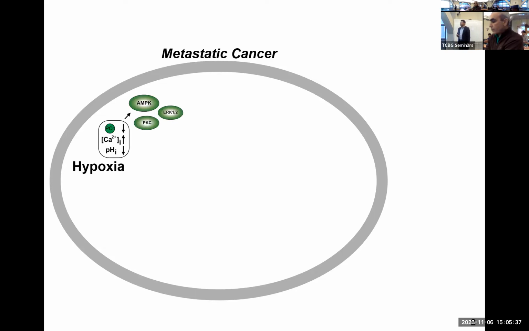And under these conditions, certain protein kinases like AMP activated protein kinase, which again is a cell energy sensor, are activated, and they can phosphorylate a host of downstream signaling proteins, including kinases. And my lab works on 3 of these kinases. One is brain type